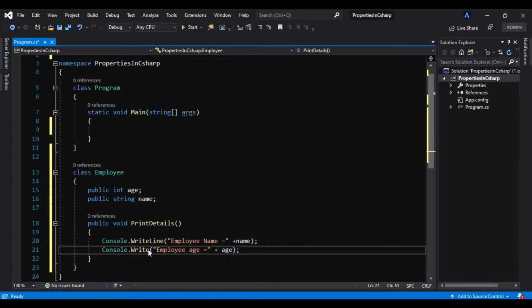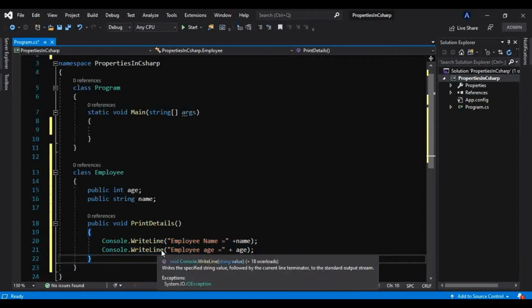If you use Write instead of WriteLine, what console.Write does is append this message just after the name. And if you take WriteLine like this, then it will have a new line, and on that new line it will print this message. Okay, so let me show you that.